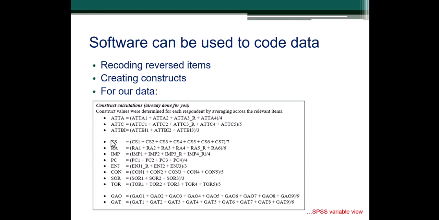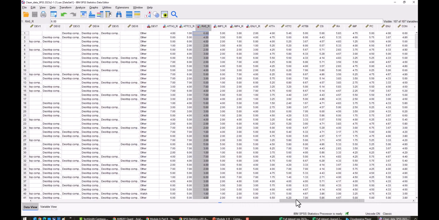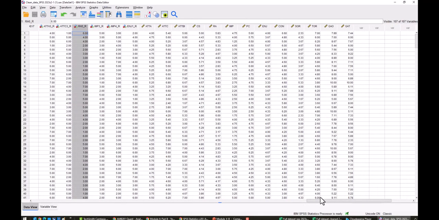So for our construct of convenience seeking, we've gone through and added together all the convenience seeking items divided by 7. Risk aversion, added all of the risk aversion items, including the reverse coded one in place of the negatively worded item, divided by 6. Impulsiveness, we've got impulsiveness 1, impulsiveness 2, impulsiveness 3 reversed, impulsiveness 4 reversed, divided by 4 to give our impulsiveness score, and so on. So if you then go to the data set within SPSS, what you can see here